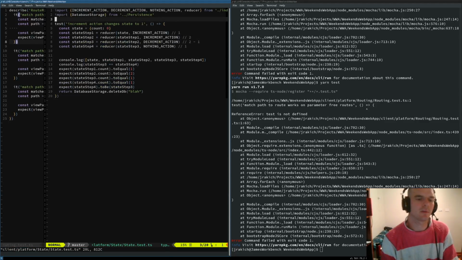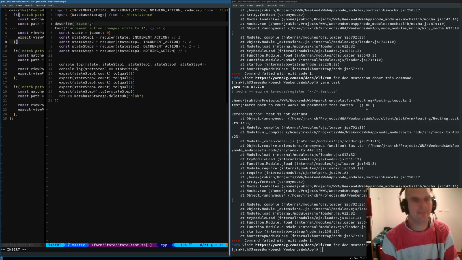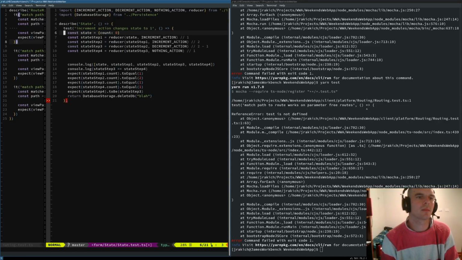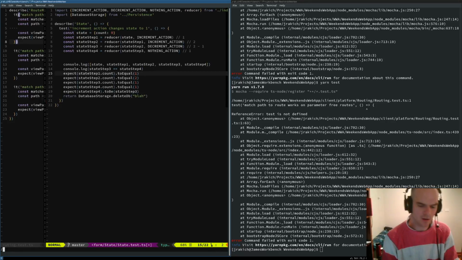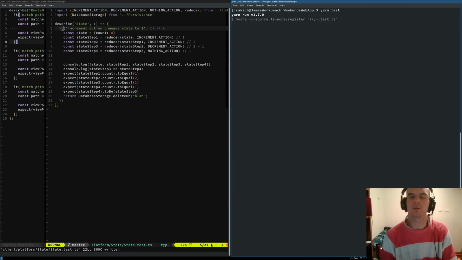Following the same thing, so describe state. And then back to tests. Change that to it. And let's see if we've got some running code now.